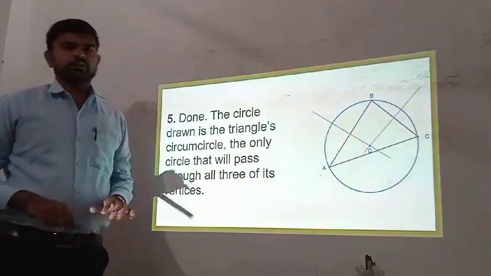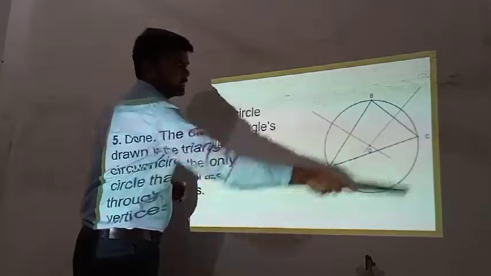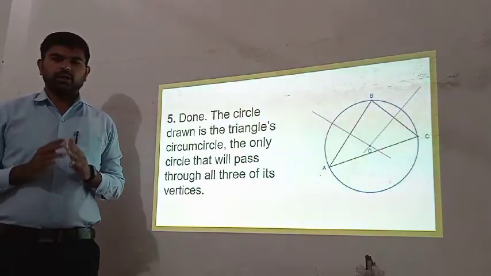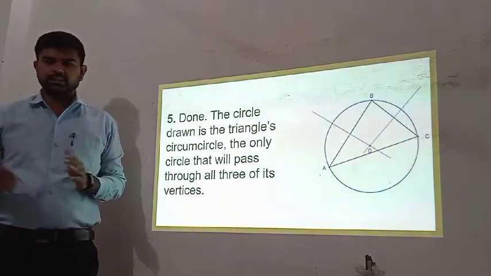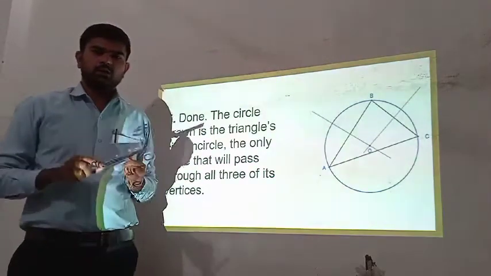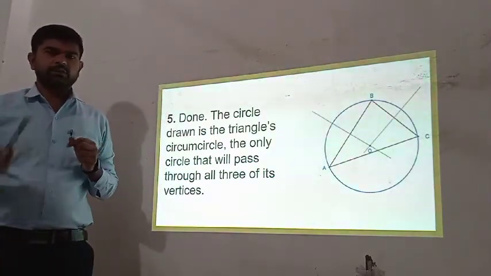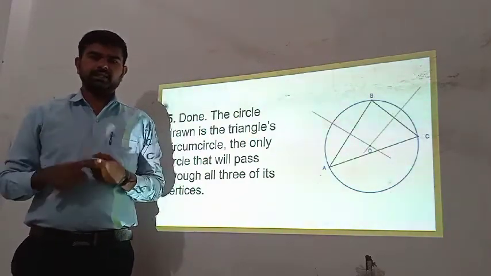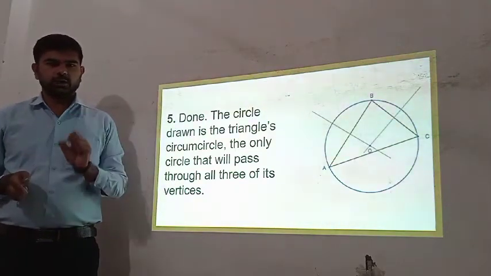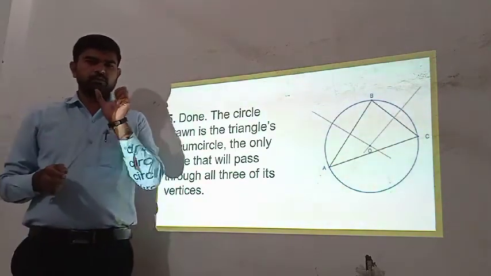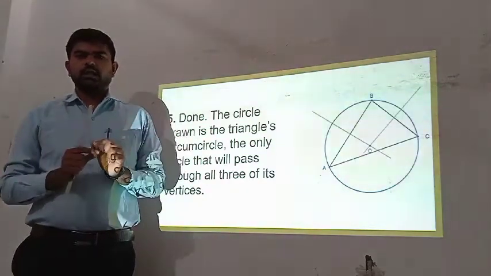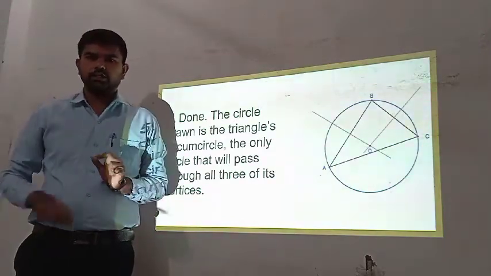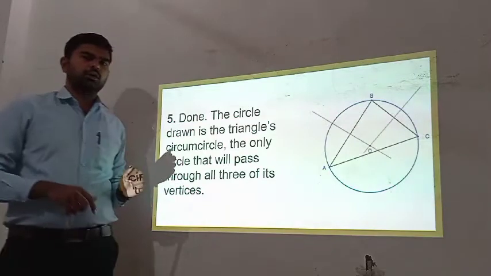So we have seen how we can draw a circumcircle with the help of a triangle. What we have to do: first, take a triangle of any angles, name it A, B and C. Take a bisector of any one side of the triangle. In triangle ABC, we have taken one side as AB, the second side as BC. We bisect the lines and get an intersection point. At that point we put one point of the compass, take the width to any vertex of triangle ABC, and draw the circle. This is nothing but the circumcircle.